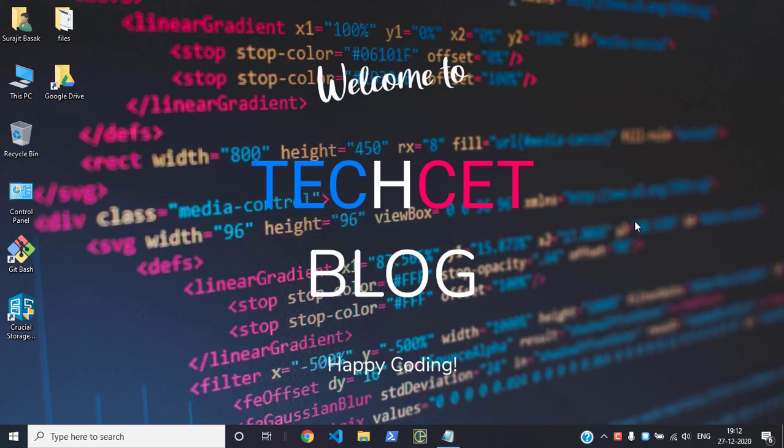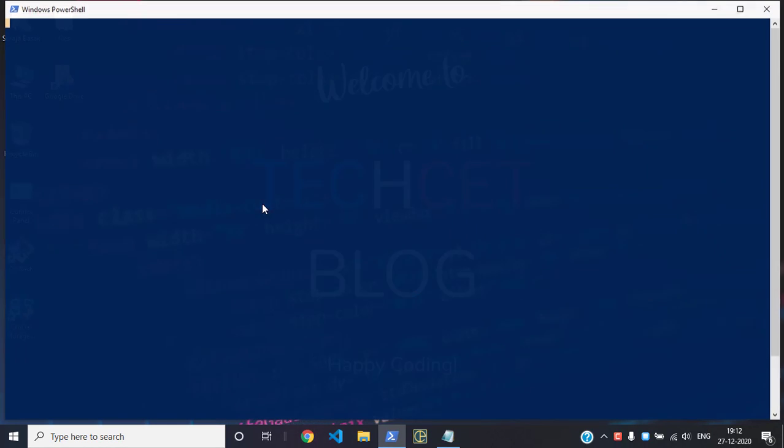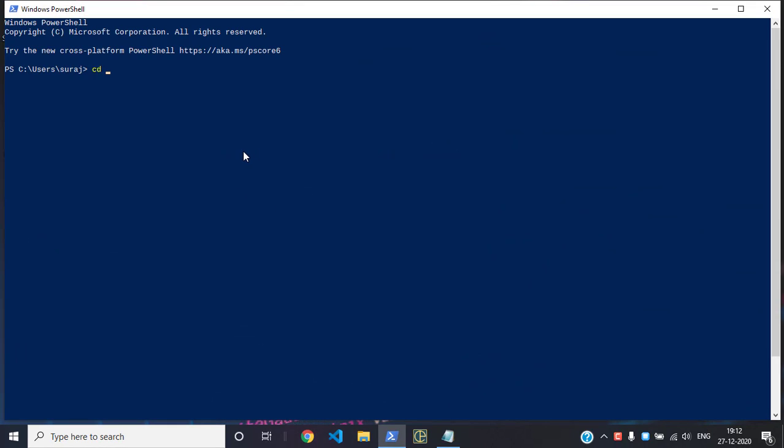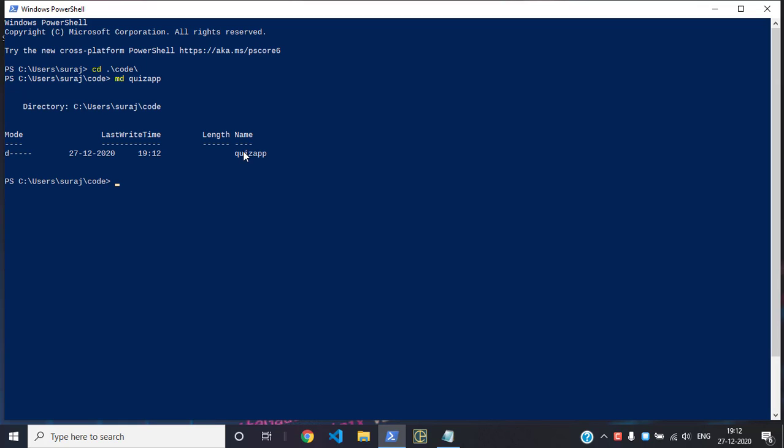My name is Sujit Basak and today I'm going to show you how to make a quiz card using Vanilla.js. So for this, let's open our Windows PowerShell and cd into our code directory, and here I'm just going to create a quiz app. Okay, cd into quiz app, or we can open it with code, which is opening in Visual Studio Code,